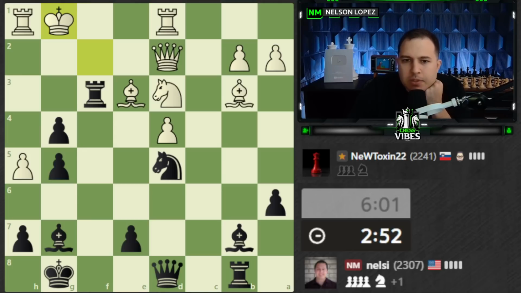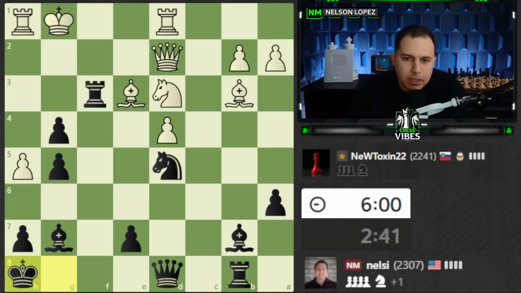So now I'm thinking, what's the best way to do it? E6? No, probably king h8. Probably king h8. All right, I'm going to go ahead and make that decision. Now the knight can move wherever it wants. E6 maybe was also a good move, but...